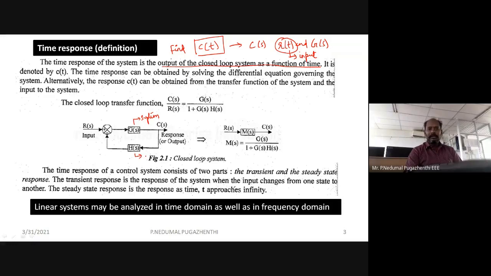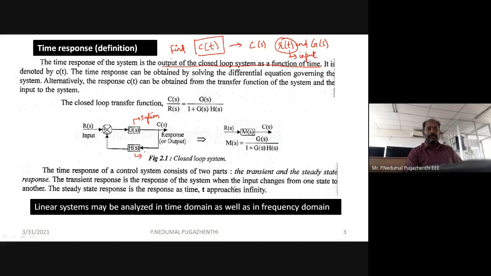Anybody in the class? What is H of s? Hello? What is H of s? Anybody who wants to say, rather than typing the answer, you can just unmute and answer. That is going to be better. What is H of s? Where it is fixed actually? You can see that here. H of s is available. What is H of s?